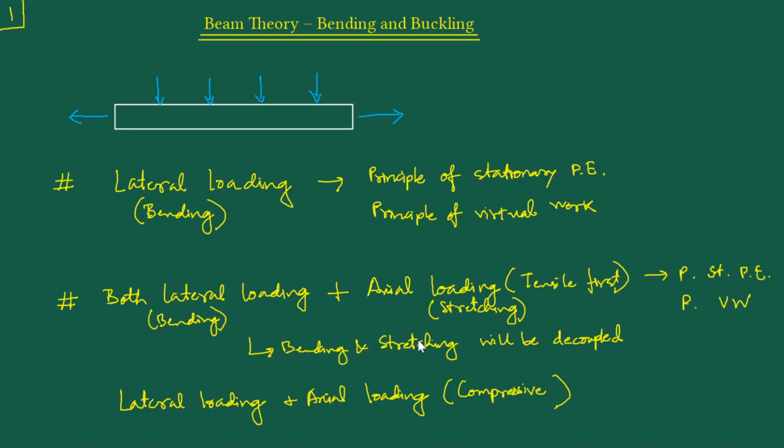So when we had the tensile part, we had bending and stretching decoupled, and we must understand that when this tensile loading becomes a compressive axial loading, the bending and the compression will still be decoupled. So there will be no connection between the bending and the compression. Now that is problematic. If we proceed like before, this thing can be problematic. And without writing a single equation, you can understand why this is problematic.